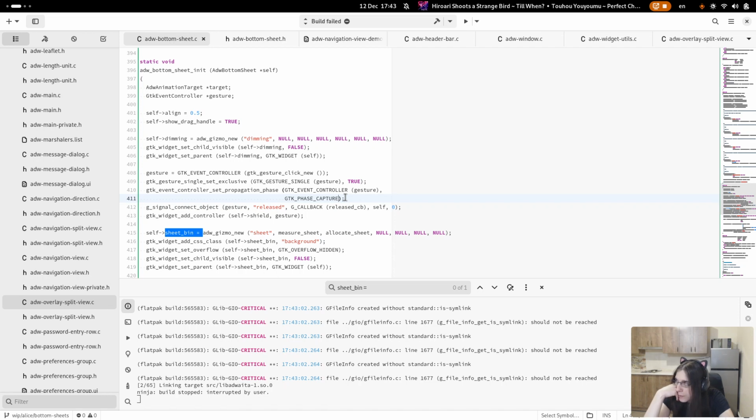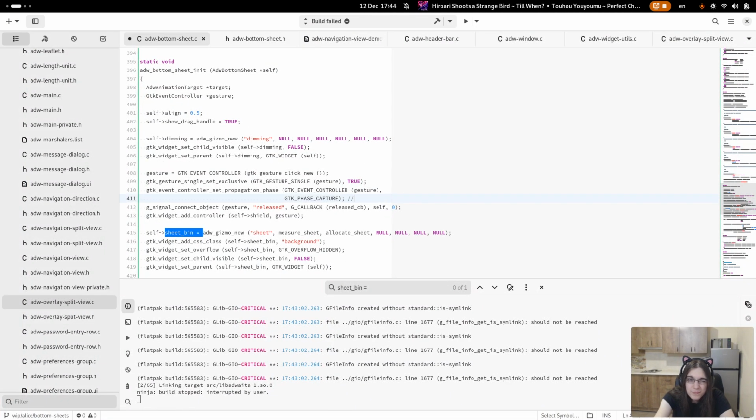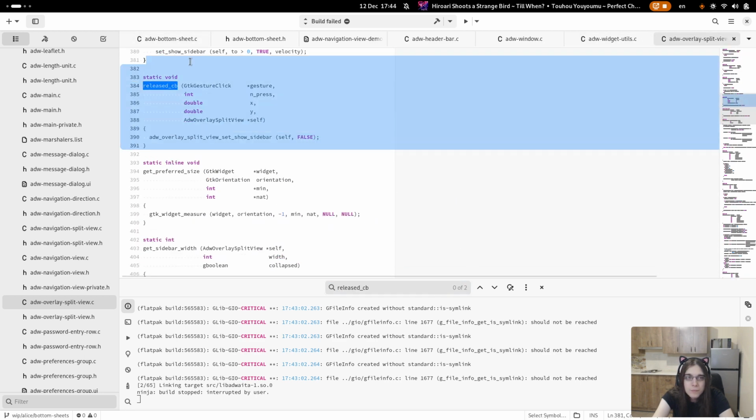This might become a problem if I have multiple sheets at once, which I will with dialogues. We'll see. It may be a problem, but anyway, when releasing, we have a callback, and it's just this.